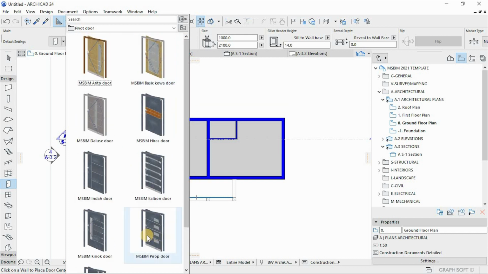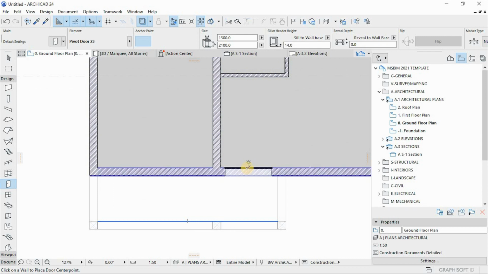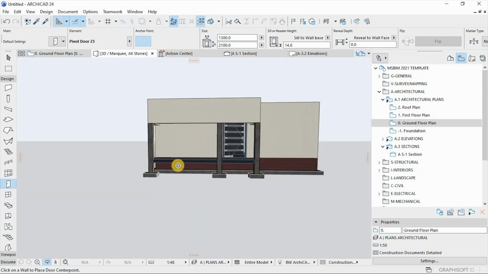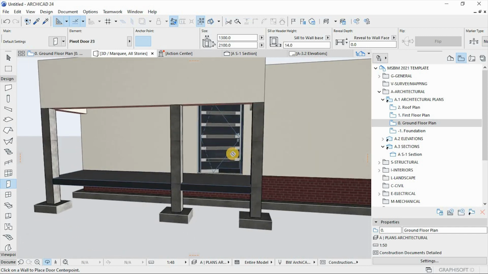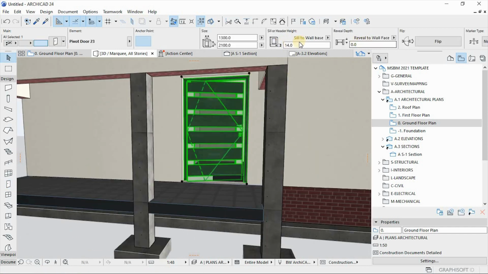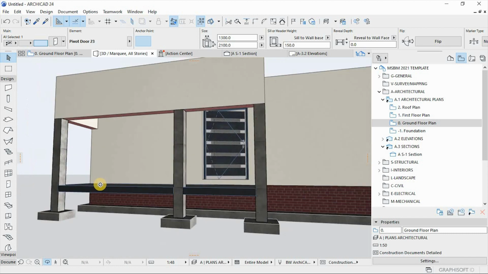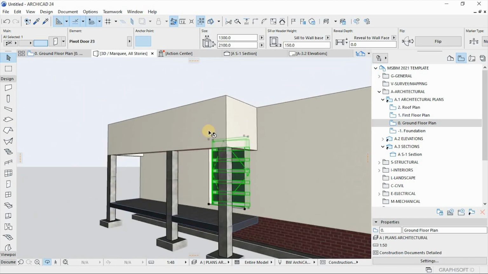Pick one of these. Which one should I use? Maybe pick this one. Then I'll place my entrance door, which is that. Perfect. It's supposed to be raised by 150 going up. Perfect. I might also raise the